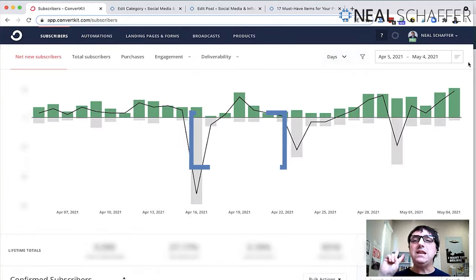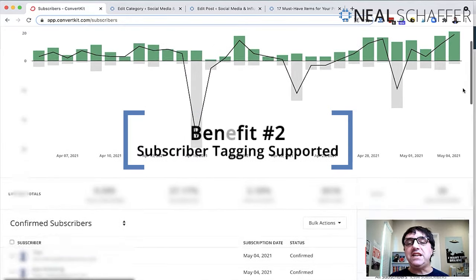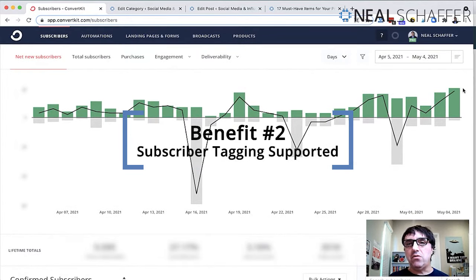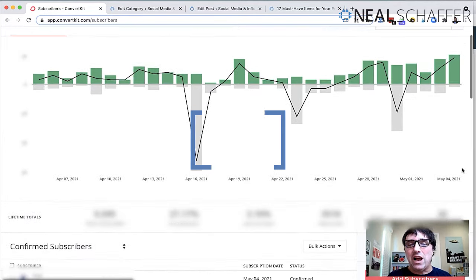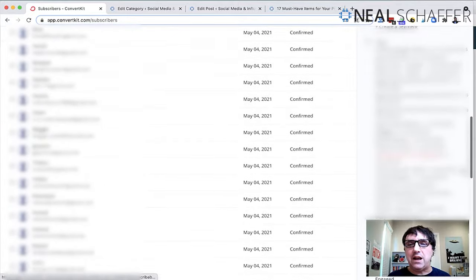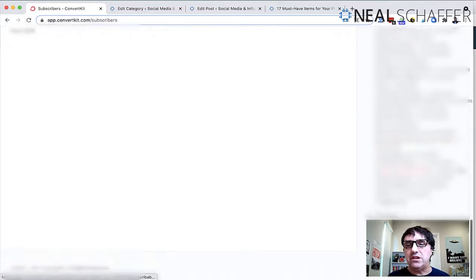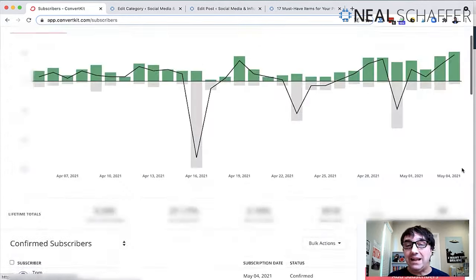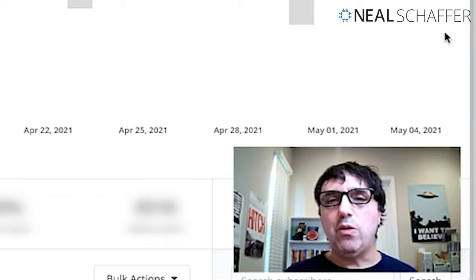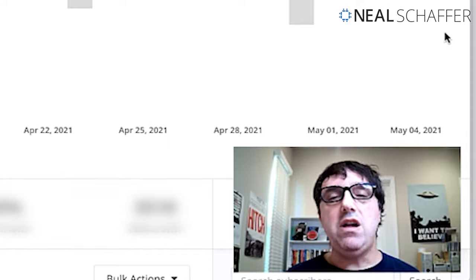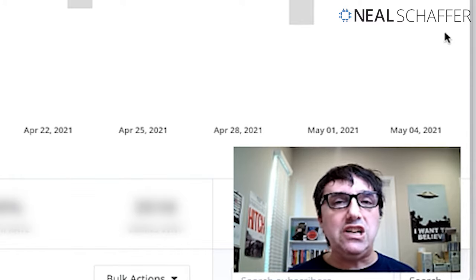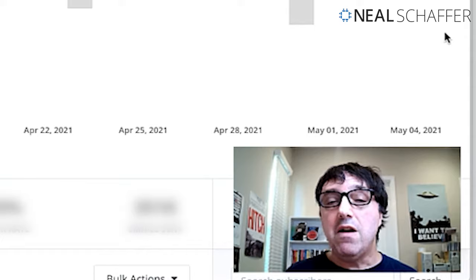So, point number 2 is, we all know that tagging is really important, right? So ConvertKit also supports tags. You'd be surprised, not every email marketing software supports tags. And what I love on the front page, once again, is that for each tag, we can see the exact number of subscribers that we have that are subscribed to that tag. So once again, it's another way of gauging because people come and go. At a glance, we can see what interests people have, where they might be in our funnel based on what tag they have.